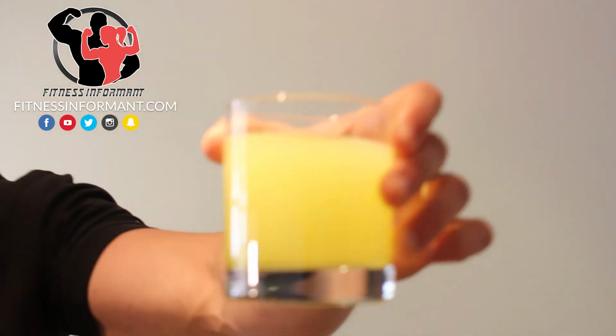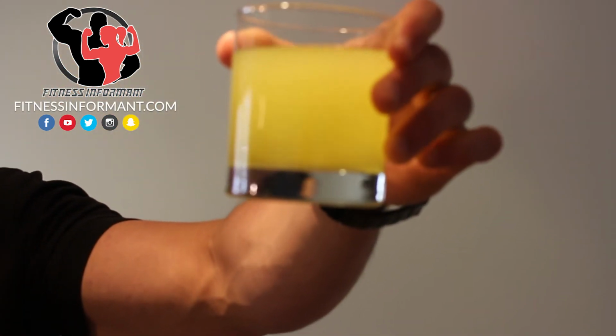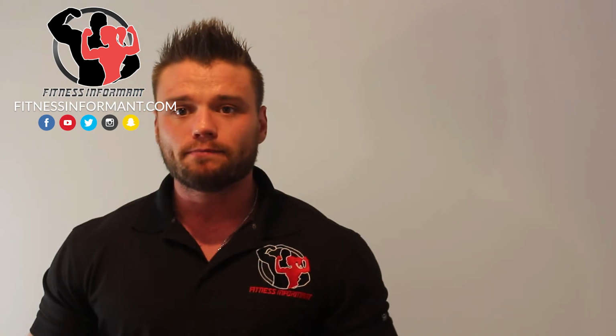8 grams, you can see it's yellow, like pineapple. It's a very bright yellow. In terms of mixability, if you look closely, I'm not sure if the camera can pick this up, you can see particles kind of floating and sinking to the bottom. So mixability on this could be a little better. And again, it doesn't taste horrible by any means, but it doesn't really give off a pineapple taste for me. So taste and mixability both could be improved, but overall this is a good